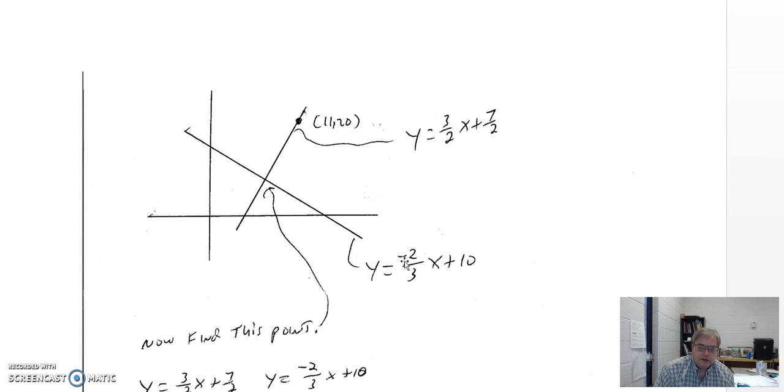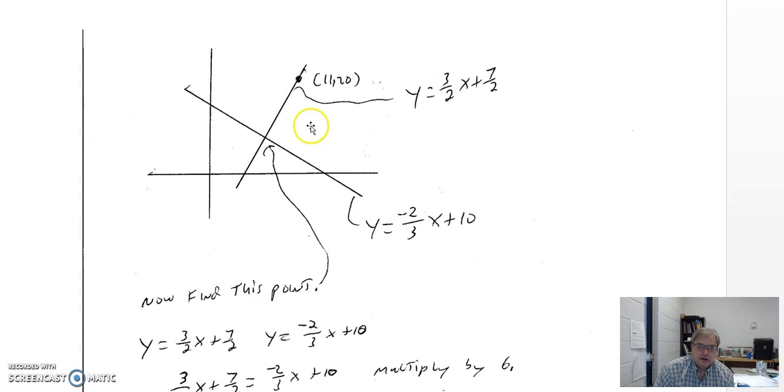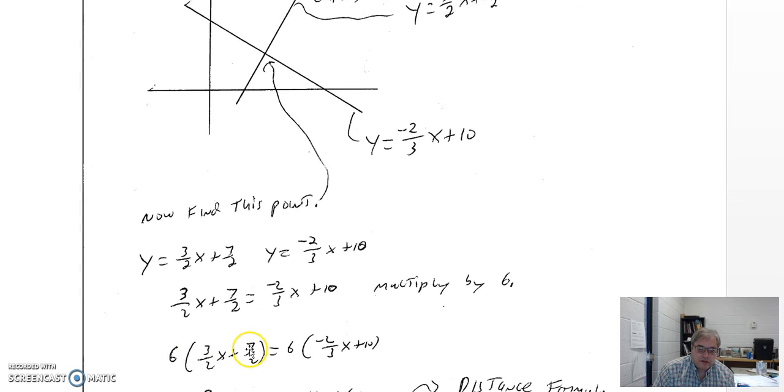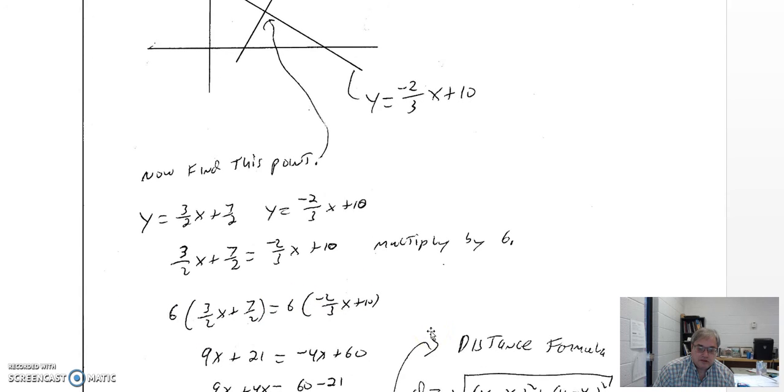So here I draw it out again. Lines, here's this line, here's that line. Now we need to find this point. Here's my system. So I'm going to set those equal to each other. And we haven't really talked about this in class, but I have a 3, I have a 2 in the denominator, so I'm going to multiply both sides by 6, and that will clear all my denominators. So if I multiply this side by 6 and this side by 6, I should end up with 9x plus